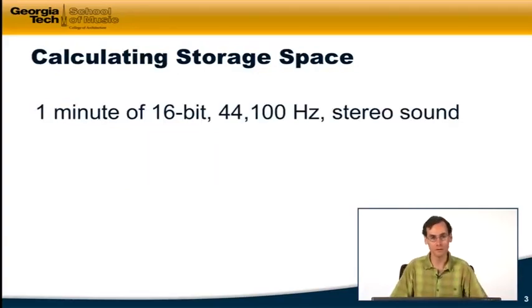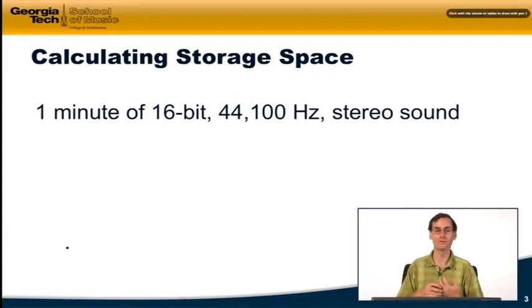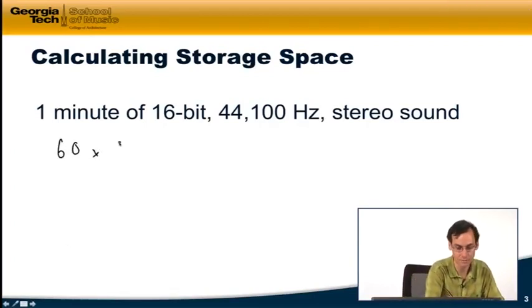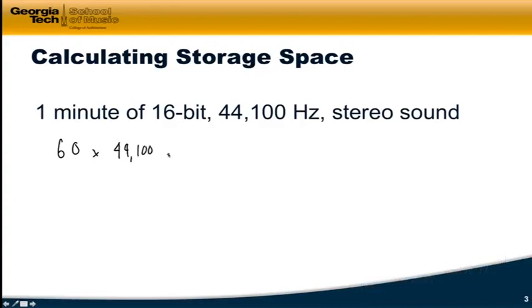So before we look at the file formats, let's just go through some very simple calculations here. Let's assume that we had 1 minute of audio at 16 bits, 44,100 hertz, and it's stereo, so 2 channels. How much disk space would this actually take up to store? So we've got 60 seconds. We've got 44,100 samples per second. And then we've got 16 bits per sample and 2 channels, 2 samples per moment in time. I'm not going to manually do all this math for you, but this comes out to about 84 million